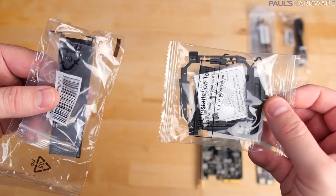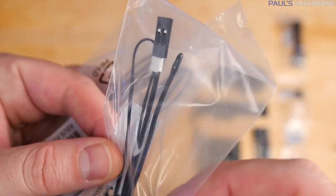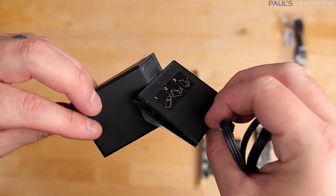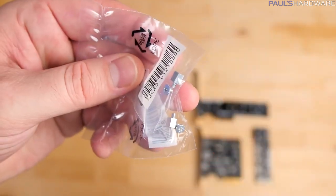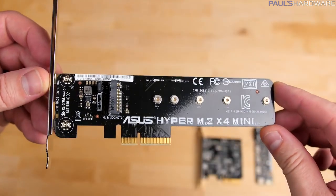A couple small kits for CPU installation and vertical M.2 card installation, 3 temperature sensor cables with diodes you can place wherever you want in your system, a magnetic base antenna for the built-in dual-band 802.11 AC Wi-Fi, a fan extension cable to connect the fan extension card, Q connector for more easily connecting front panel leads, screws for mounting M.2 and fan extension cards, the Hyper M.2 x4 mini card for adding another M.2 slot to your system on top of the built-in one,